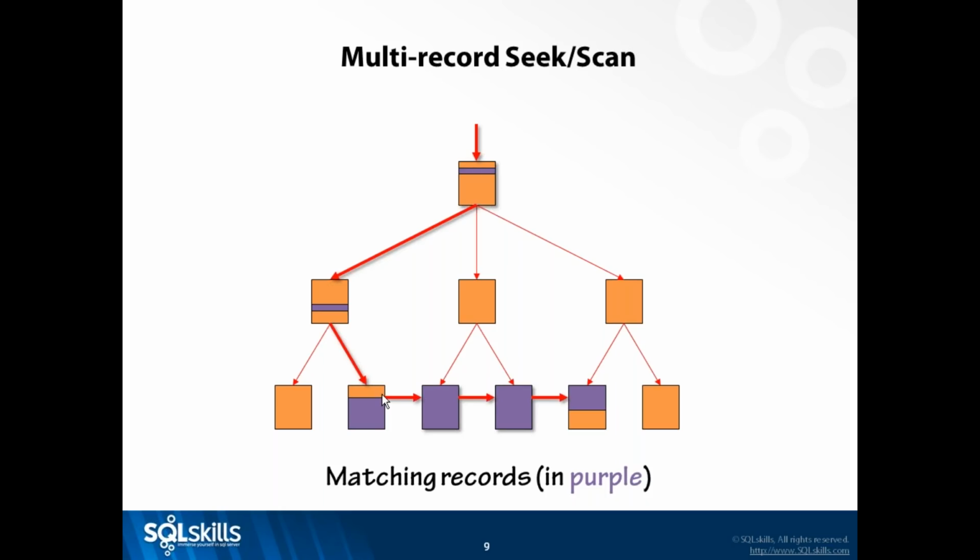So there's a thing called a page ID. And so the thread that's doing this seek or scan goes and calls into the buffer pool and says, hey, get me this page, please, based on the page ID. If the page is already in memory, the thread immediately comes back and carries on doing the scan of this page. If the page is not in memory, then the thread has to issue a physical read of this page.